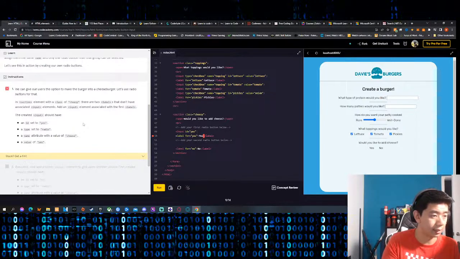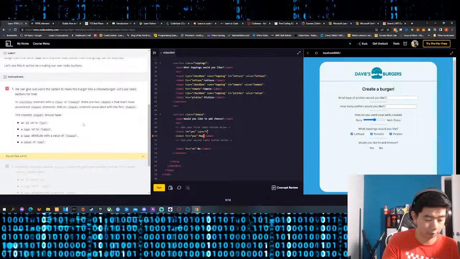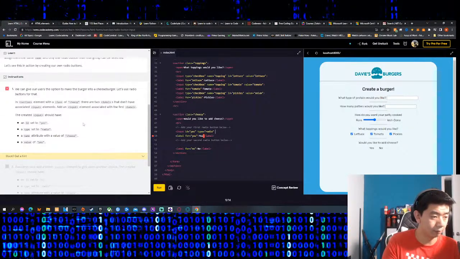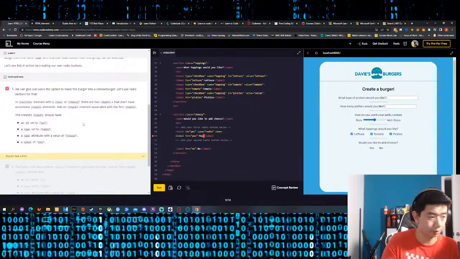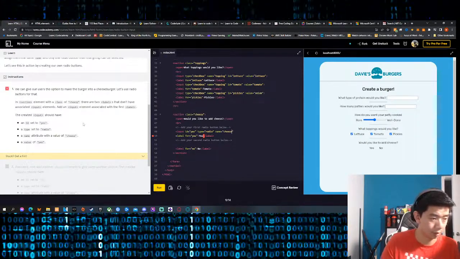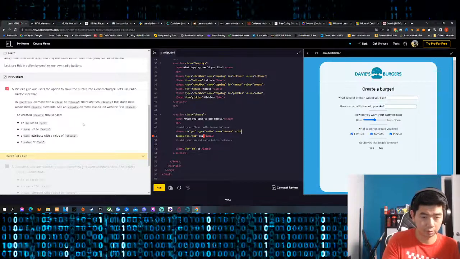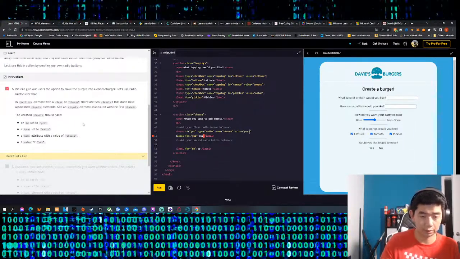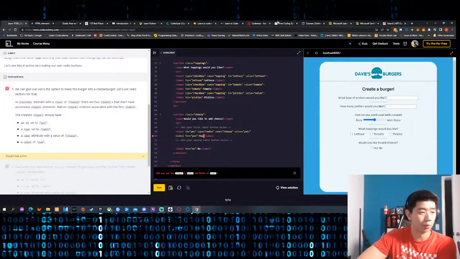Okay, and then the type equals radio, and then the name equals cheese, and then the value is equal to yes. We close that input off, we press that, boom, now we have, oh,